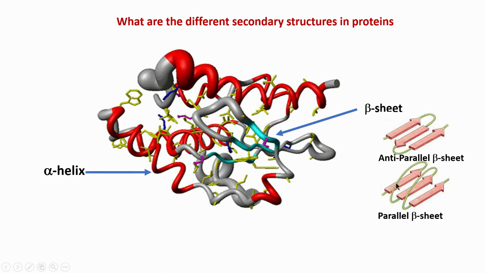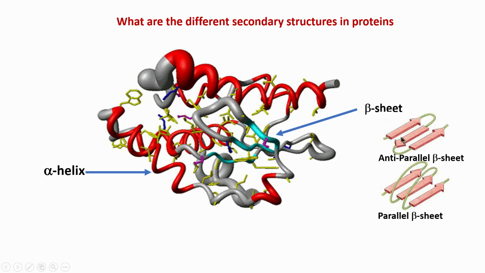Now, the loop turns over like this, and then you have a second one and a third one and so on. So, both are possible in any given protein. How do we find out which is the correct one? That, we will see, comes from the NOE, not from the CSI method. The CSI method or the J method, which I told you about in the previous slide, using those methods you cannot distinguish between these two because they are both beta sheets.